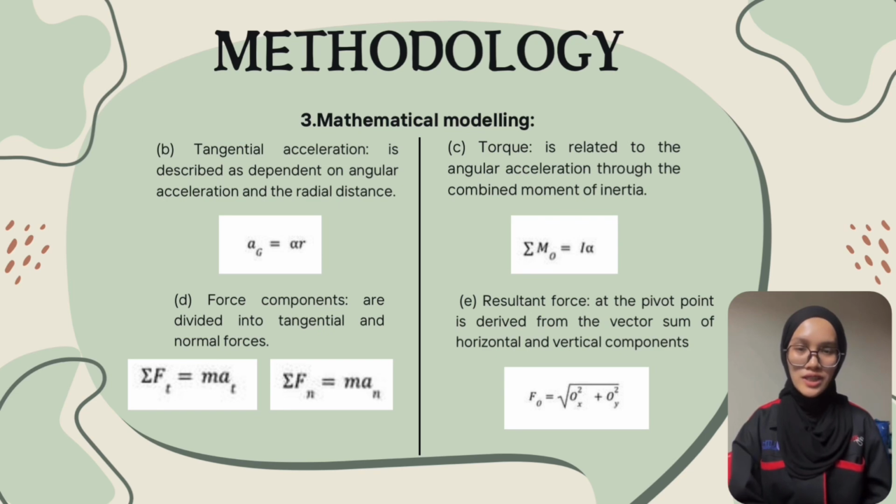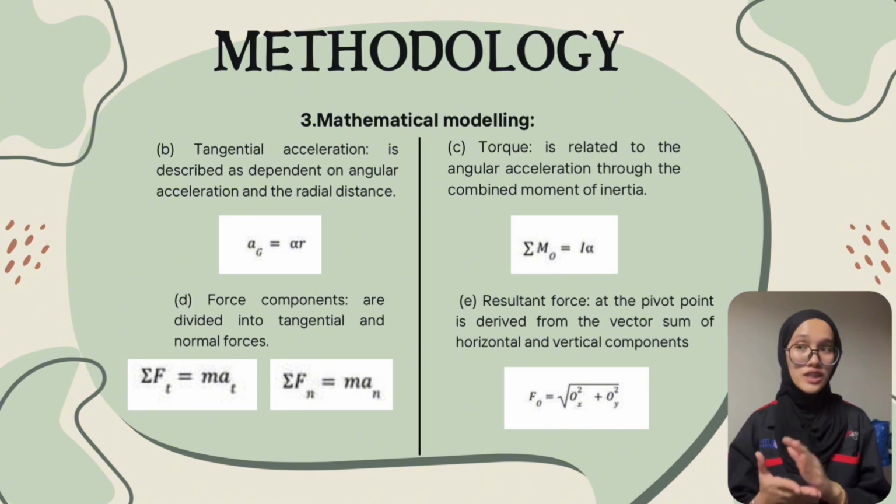So, for the second, we can find the tangential acceleration, which is dependent on angular acceleration and the radial distance. Then we can find torque, which is related to the angular acceleration through the combined moment of inertia. For the third, the force components are divided into two, which are tangential and normal force. And the last is the resultant force at the pivot point, derived from the vector sum of horizontal and vertical